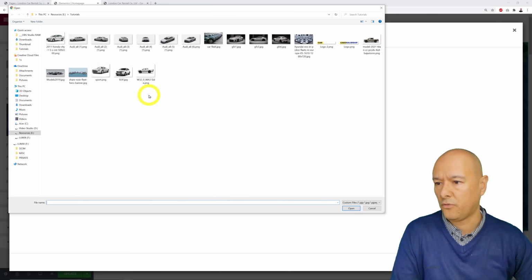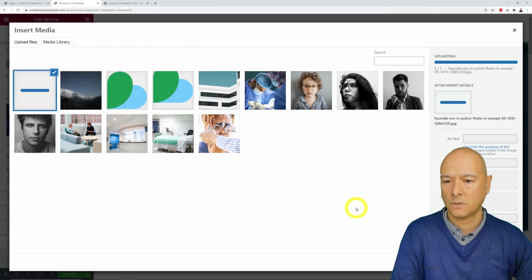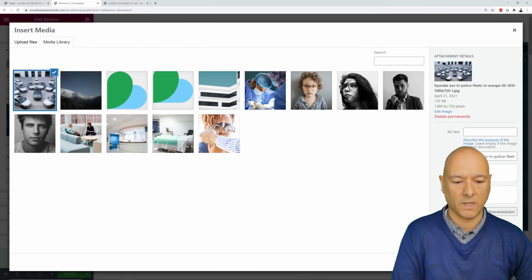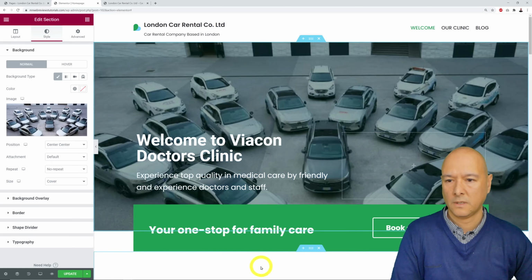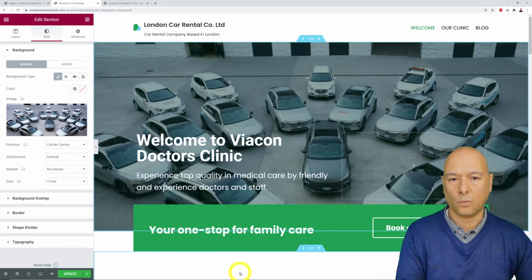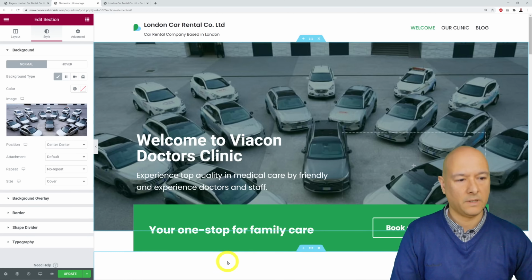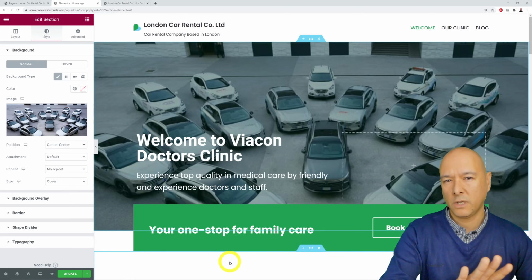So I went ahead and found a few online, so I'm just going to try maybe this one or this one, or I'll go with this one maybe. Okay, open. Let's have a test. And then insert media. There you go. Now as you can see, we have a picture of cars, which is more relevant to our industry, obviously. So now as you can see, the heading here doesn't stand out very much, so maybe we can darken